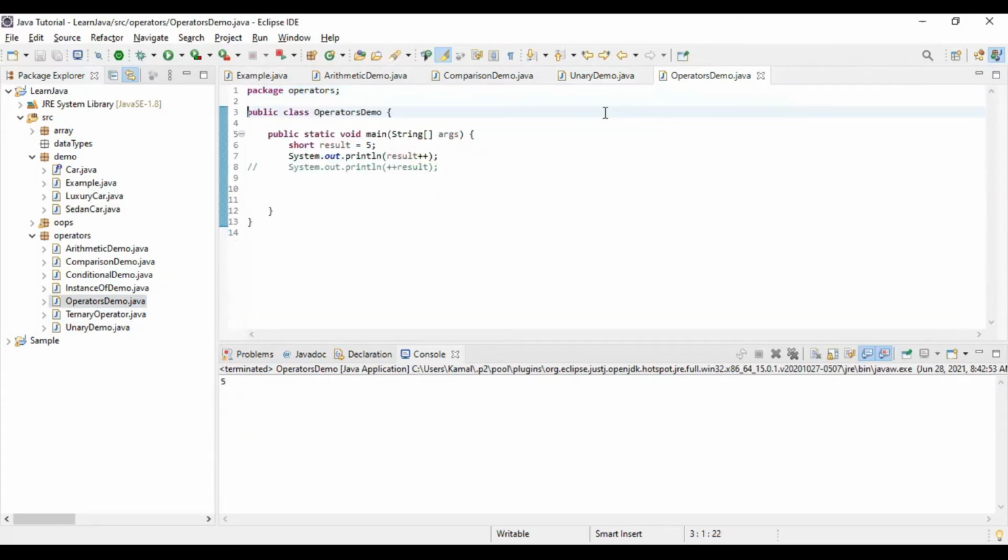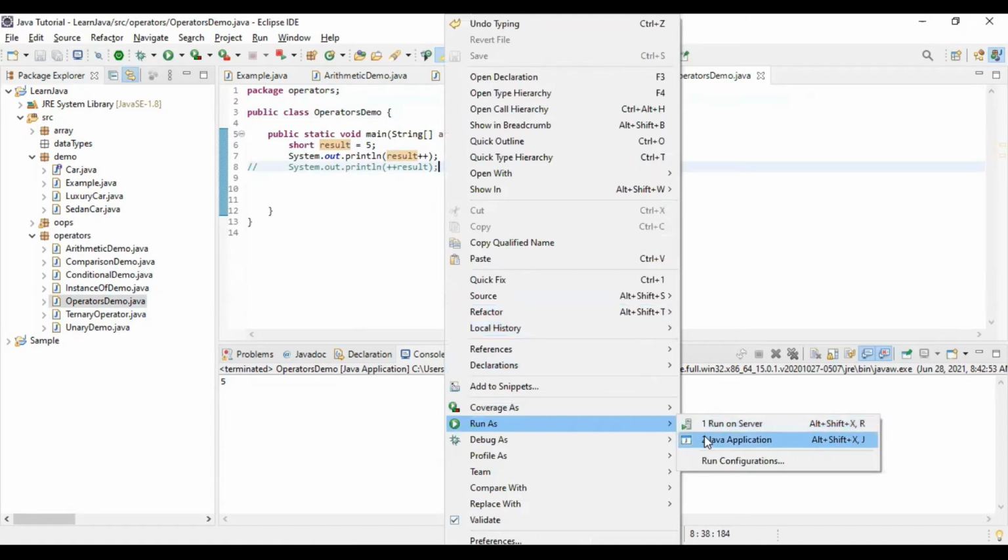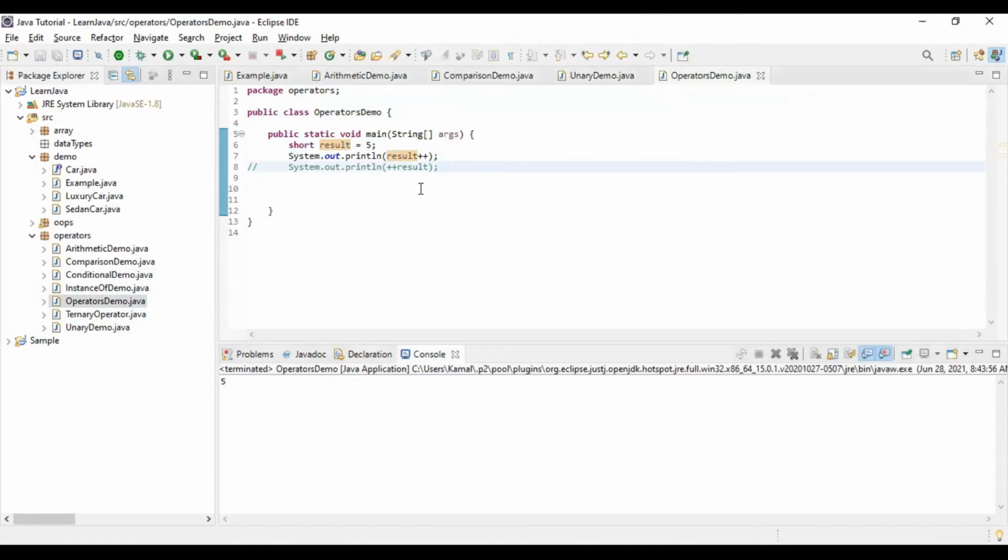Let's assign this value 5 to result. Let's execute this. 5. Even though we have applied the post increment operator, the result is still 5.